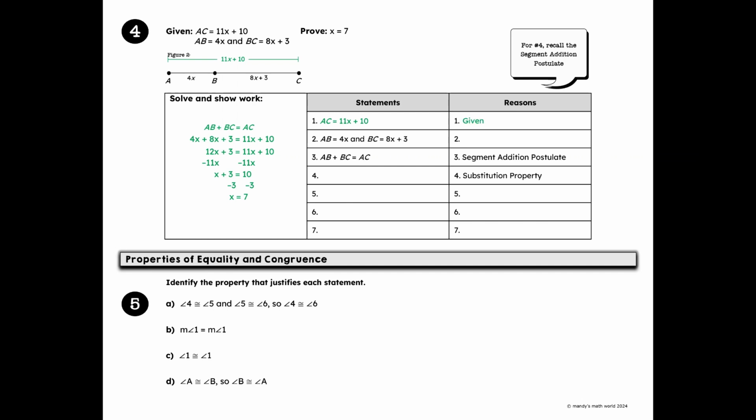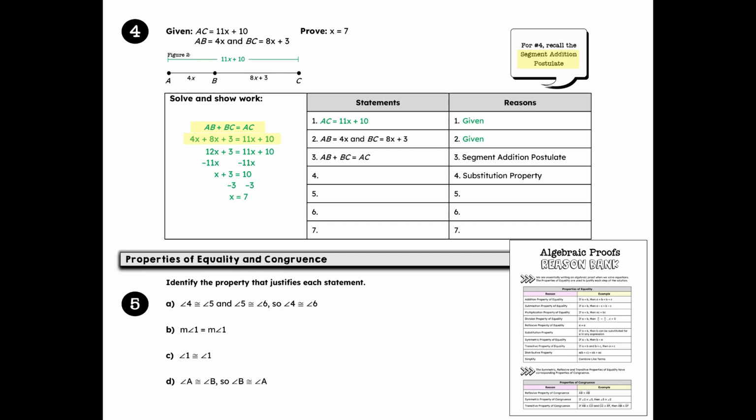And then in number 2, it's already written there for you. What is that? That's also what we've been given. So what am I going to write as the reason? Given. Then number 3 is already written out for you. That was what we did right here. We just stated that if I add the length of AB plus the length of segment BC, I get the length of the entire segment AC. And that is the segment addition postulate. So here we have what we wrote down, and here's the why. We use the segment addition postulate. Okay. Our next step was